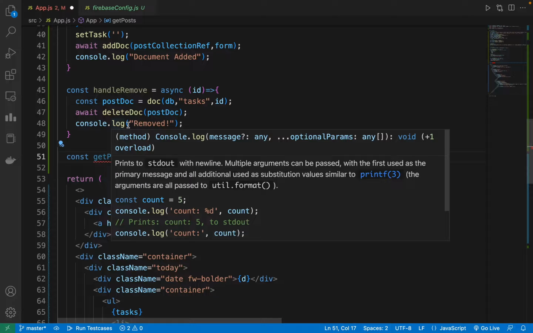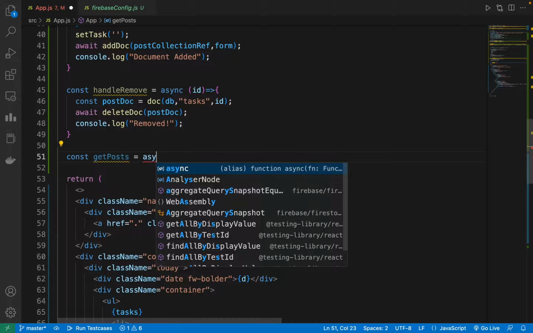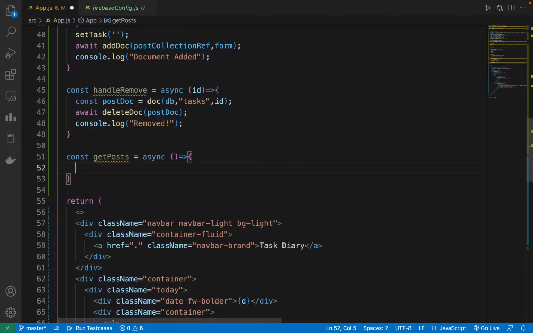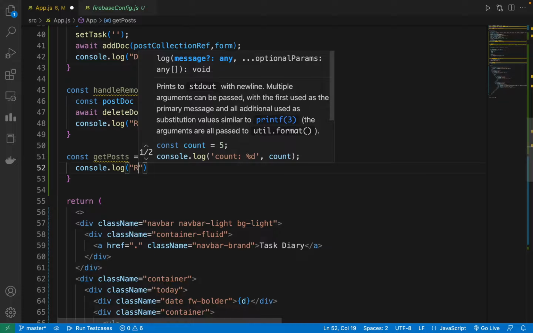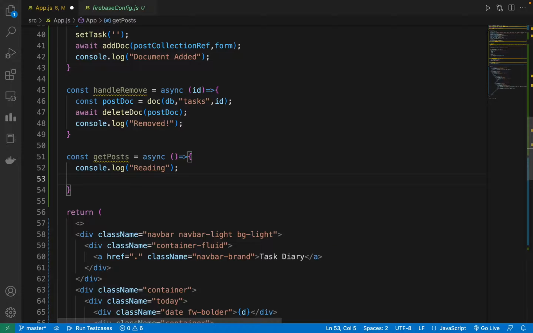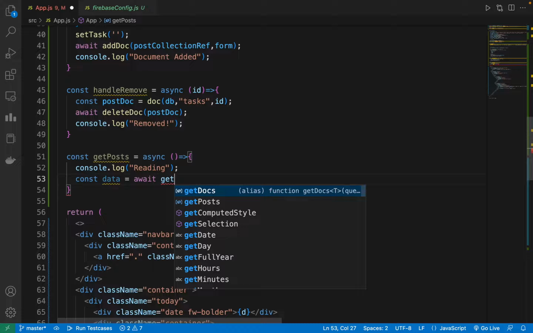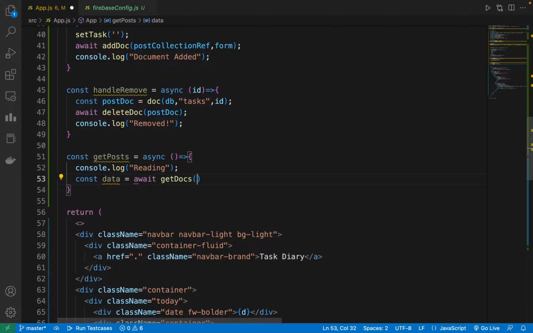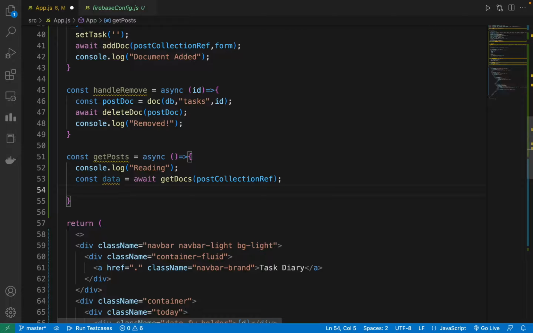Let's make another function, get post. That is the main function that will fetch all the records from the database, and it will also be an async function, no parameters. So let's just console.log reading, so I know that this function was invoked right now. Const data is equal to await get docs. Make sure that you have an s, get docs, not get doc. So post collection ref,